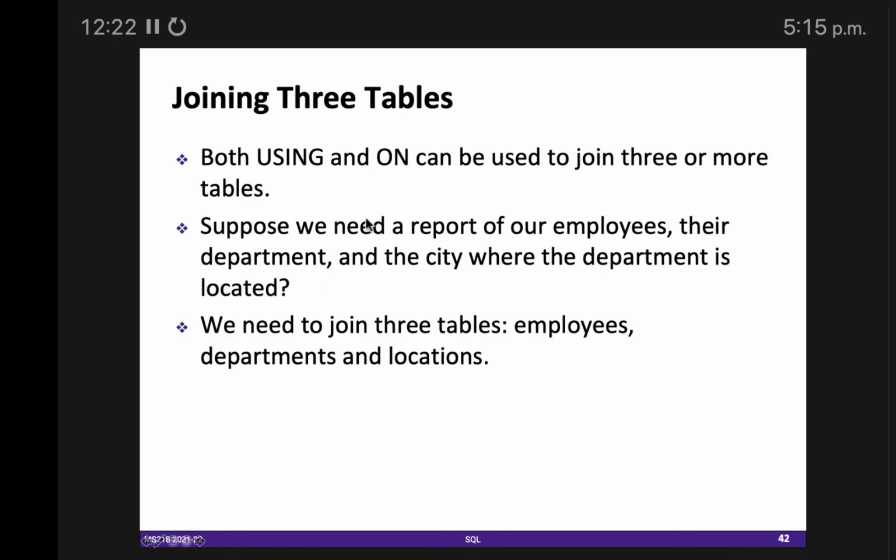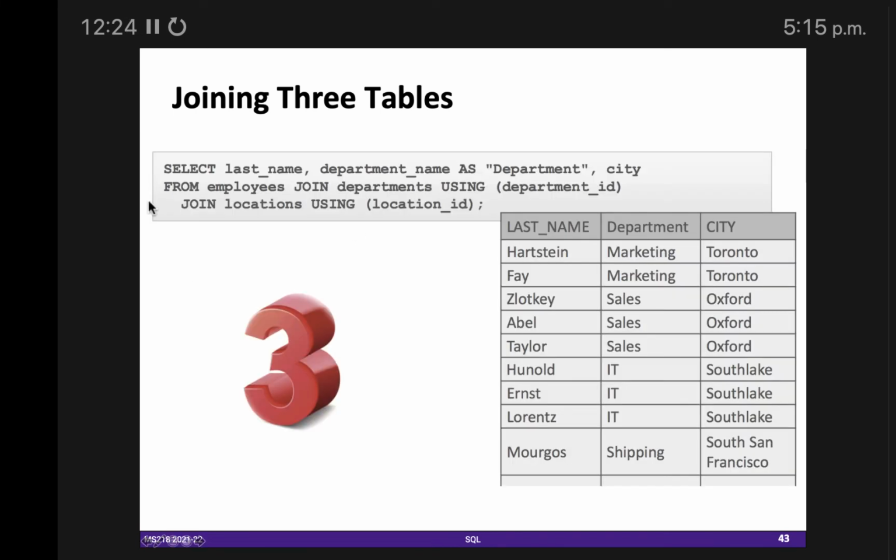Same is the case if you want to join 3 tables. You do something like this: the same attributes that you want to display, then from employees join departments using this criteria, join locations using this criteria. So you can use join using, or even after that we will see one example in which I would be using the ON criteria.